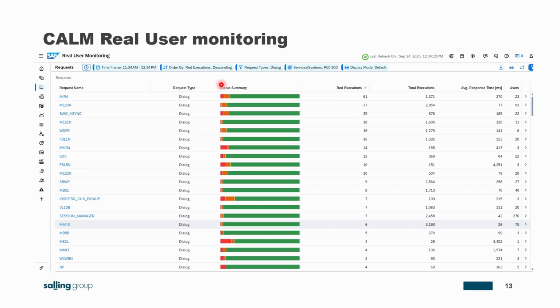Okay, that was a small story behind it. The real user monitoring we are using in Salling Group mostly as an ad hoc tool. Our systems are well run. Let me recap a little bit here.